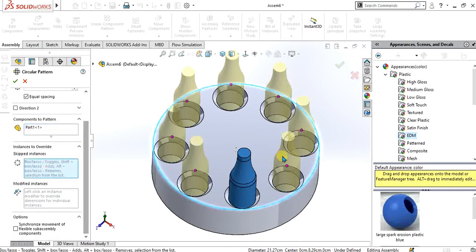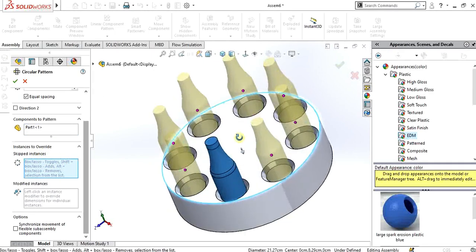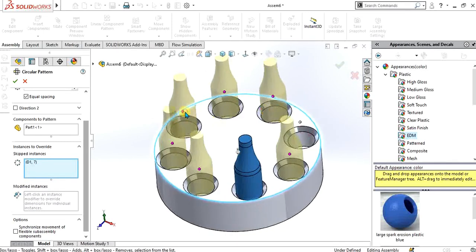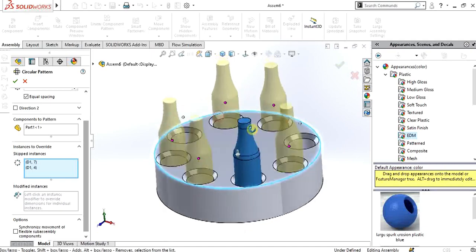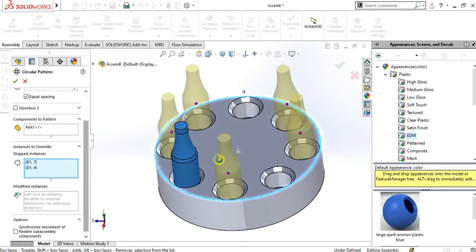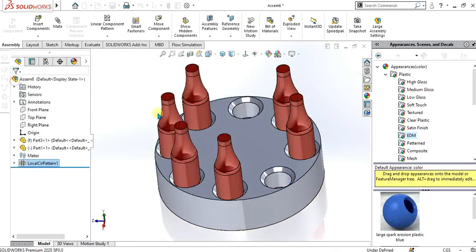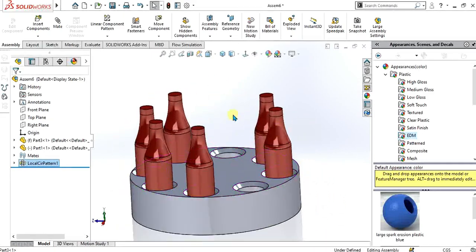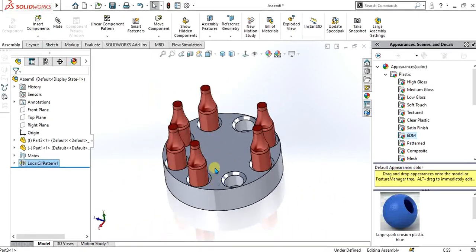So like the previous one, if you want to skip instances from one of these parts, you can simply select this and skip the instances like this. So our circular pattern is ready. Select OK. So this was our simple circular component pattern tutorial.